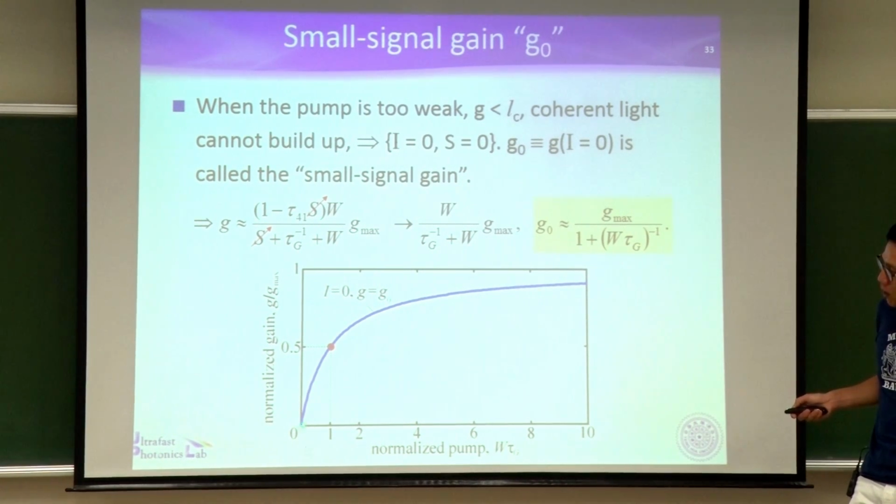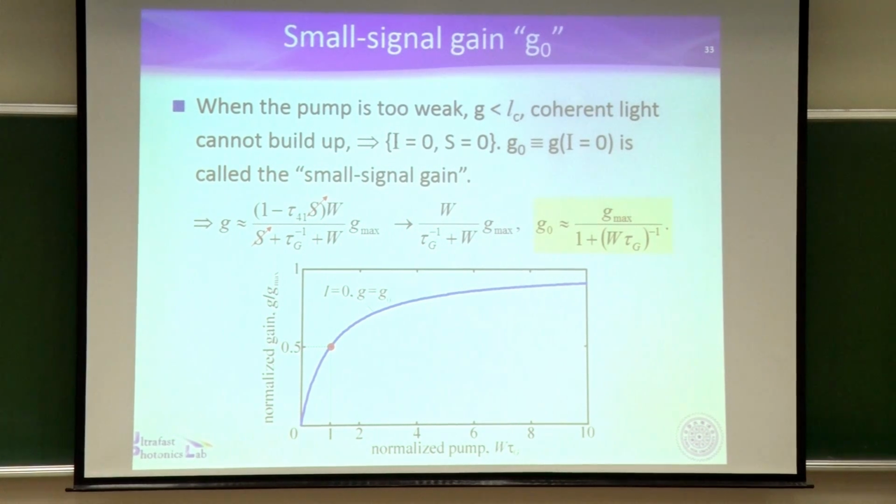When there is no pump, you have no gain, for sure. Whenever there is any pump, you have non-zero gain. You have positive gain coefficient, which is the signature of four-level systems, as I emphasized before. And if you gradually increase the pump rate, you can get larger and larger gain coefficient, a small signal gain